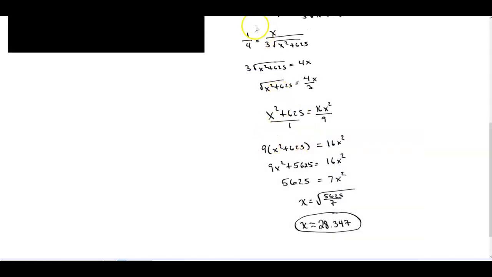and just take a look at this work. You can pause the video and follow through. Cross multiply, divide by 3. I'm going to square all the pieces, so I get 16x squared over 9. And now it's a proportion again, so I'm going to cross multiply, distribute the 9, do algebra. All your algebra will get you to